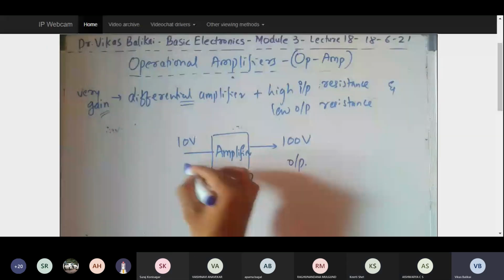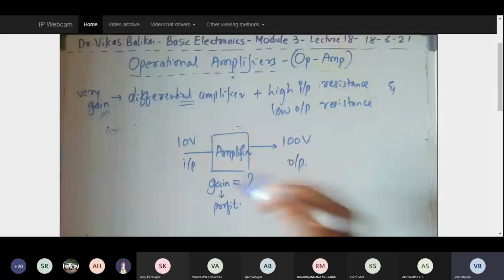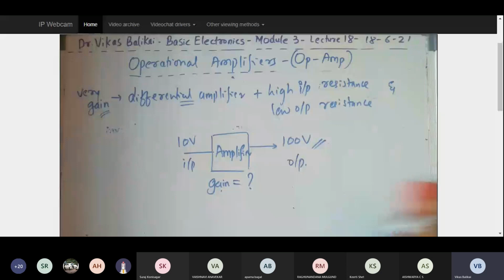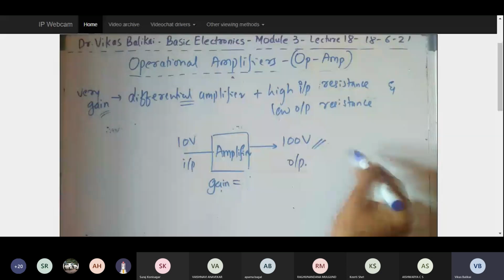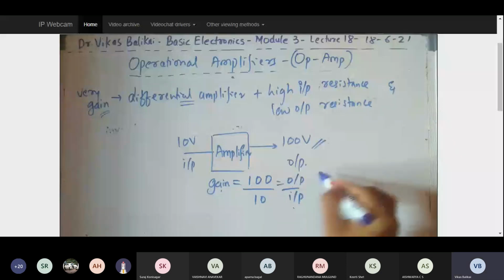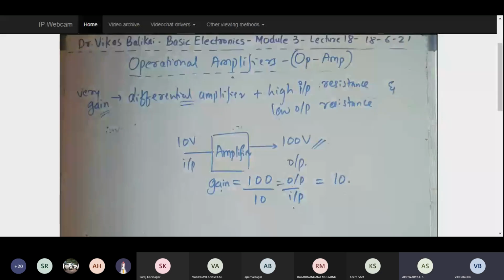So we say I made 10 times profit, right? So I say I had 10 rupees, and because I made 10 times profit, I got 100 rupees. So in the same way, I have 10 volts and there is a 10 fold increase in the voltage. So the gain is nothing but, how do I obtain 10 fold? If I divide the output by input, I get 10.